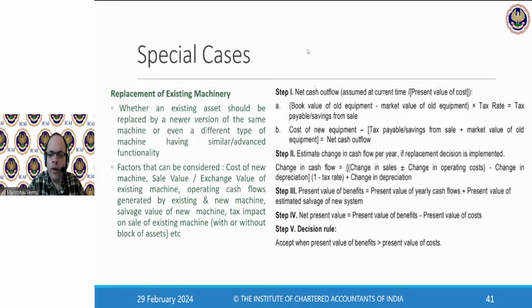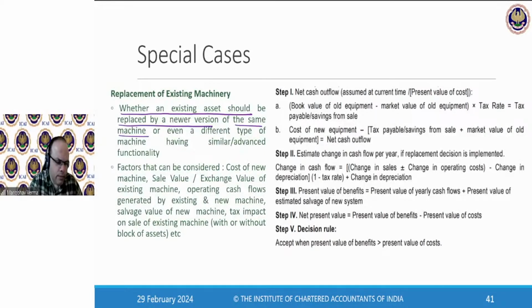So we continue our discussion on practice notes. We are talking about some special case with respect to capital budgeting, which involves a decision with respect to replacement of existing machinery. The question in front of us is whether an existing asset should be replaced by a newer version of the same machine or even a different type of machine. I hope everyone agrees here